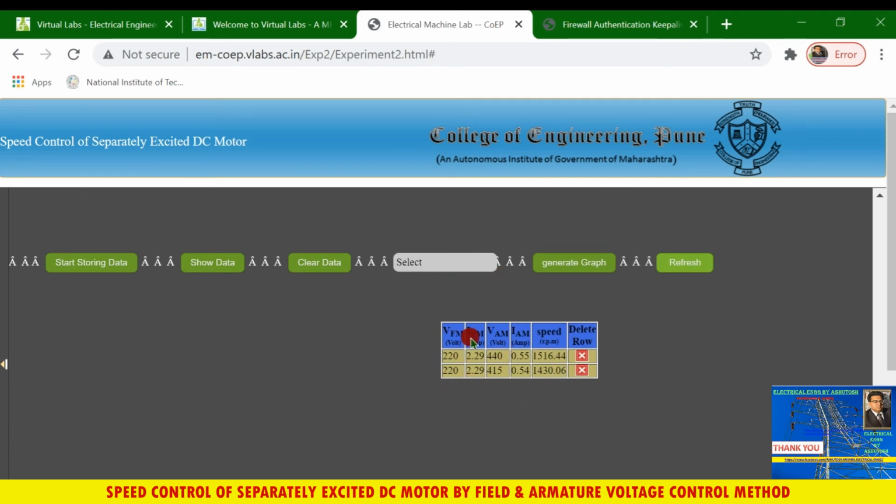You can see the field parameters are now constant and armature parameters are now changed. The armature voltage becomes 415 volt, then armature current is reduced 0.454, then speed becomes 1430.06 rpm. It is decreasing because the armature voltage is decreasing, so speed is decreasing.